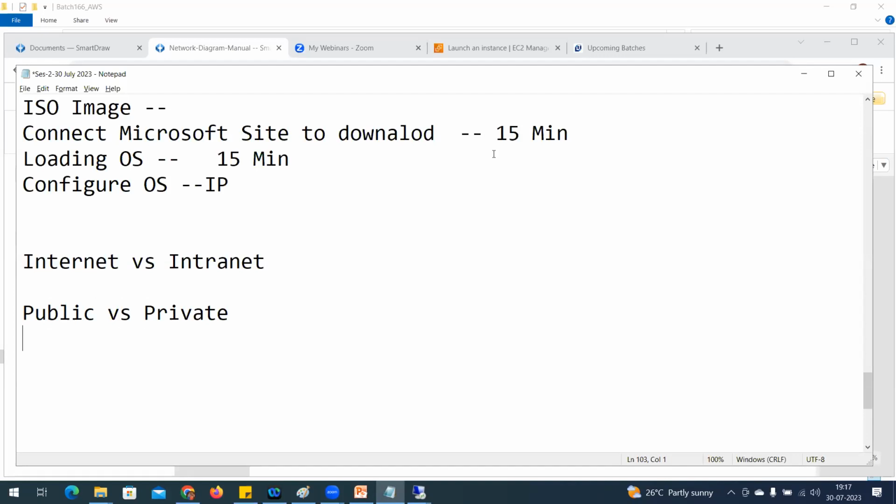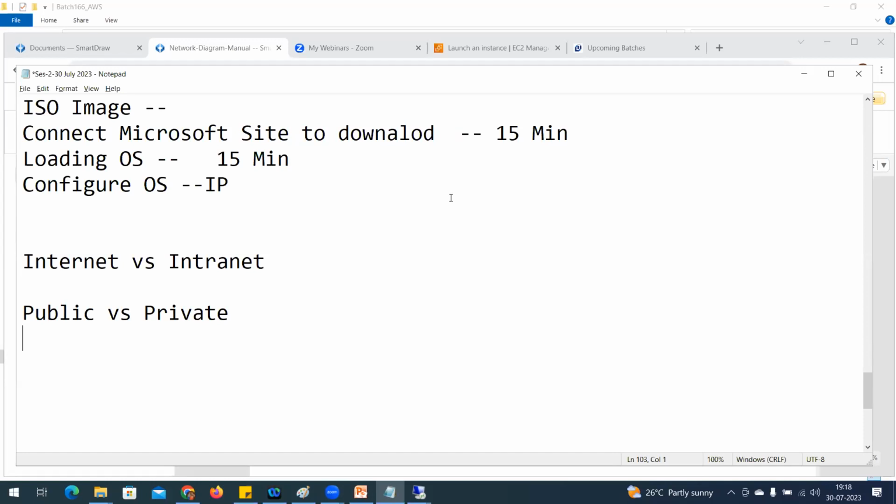Can anyone tell? For public, everyone can access the thing, but for private, there is some authentication. Public, the traffic needs to access via internet. Private is within the secured environment, within the premises. Exactly. Exactly. Thanks to both of you.